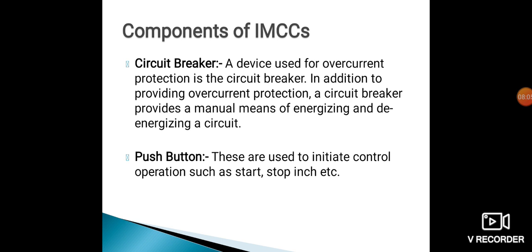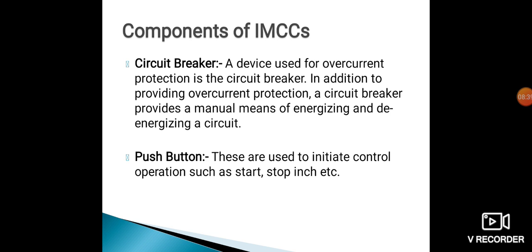Next is the circuit breaker. A device used for overcurrent protection is a circuit breaker. In addition to providing overcurrent protection, a circuit breaker provides a manual means of energizing and de-energizing a circuit. The circuit breaker is a component which is used for starting and stopping of the motor.